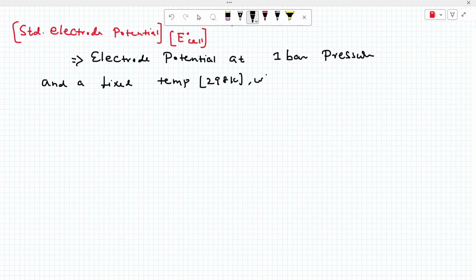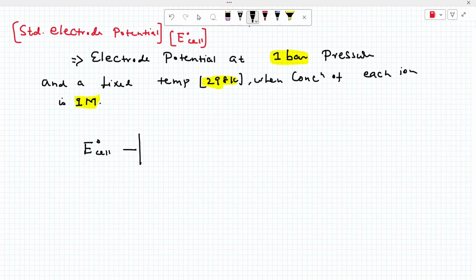And when the concentration of each ion is 1 molar. Simple. Concentration 1 molar, temperature 298 Kelvin, pressure 1 bar. Under these 3 conditions, I am going to measure the cell potential, that is called standard cell potential. Okay. Now see, therefore E naught cell,